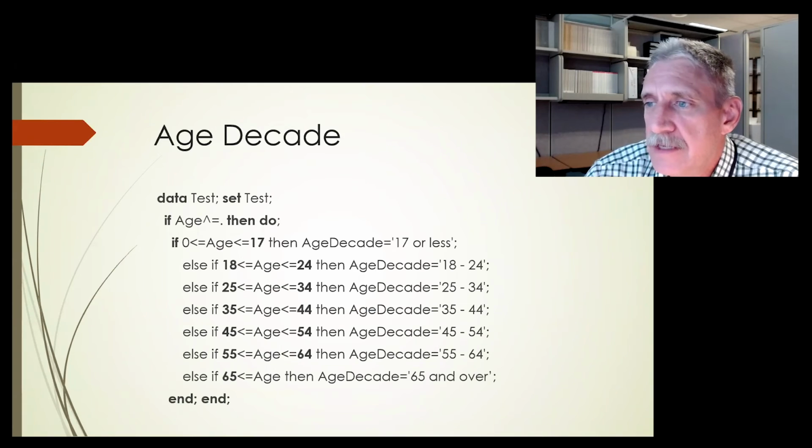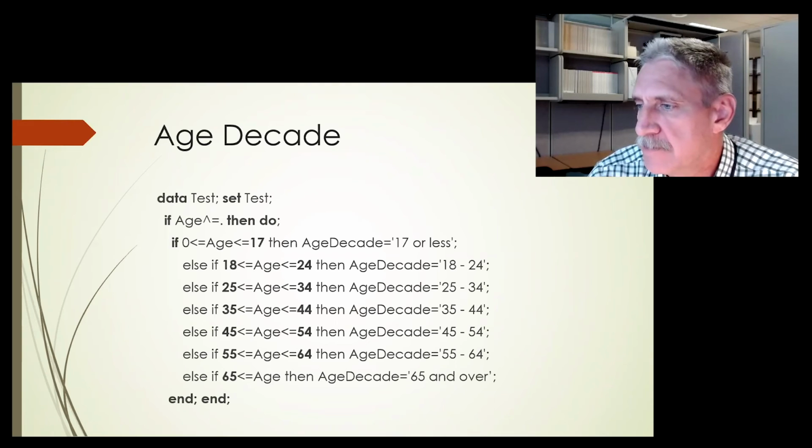For the age decade, many times you're wanting to bin the data. For this, I use it for age stratification, for analysis and other things, along with just letting management know that we have this percentage of people that are 25 to 34. That can be interesting at times. So go through, figure out what the decades are. You might need to use 0 to 10, 10 to 20, something simpler. We use this one because anything under 17 is automatically in one group for us, and then we just kind of go up 10 years at a time from then.